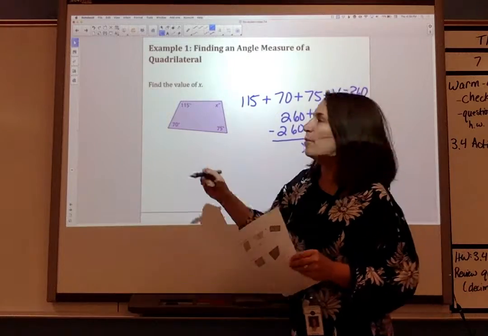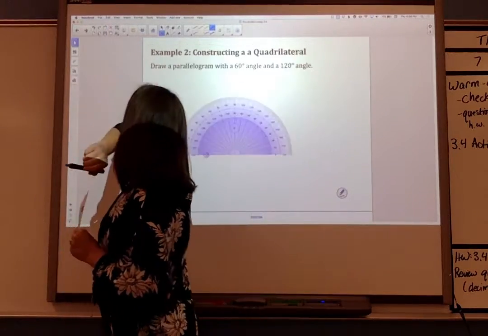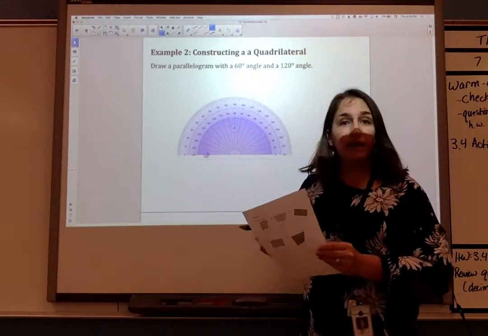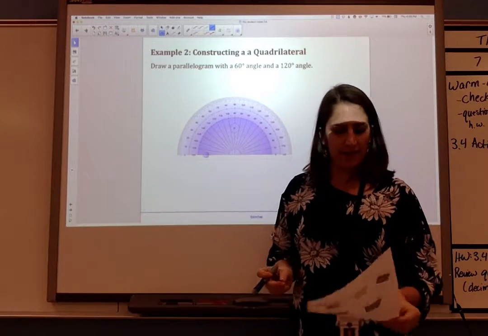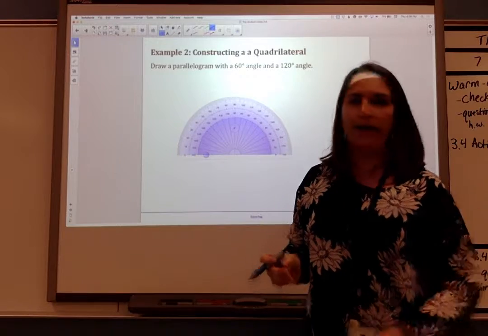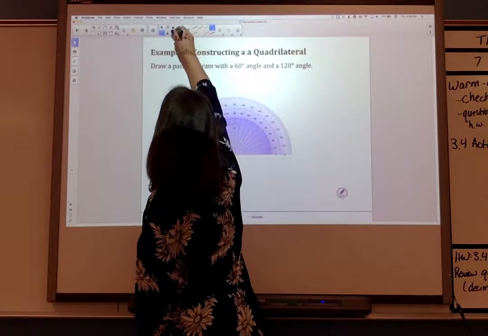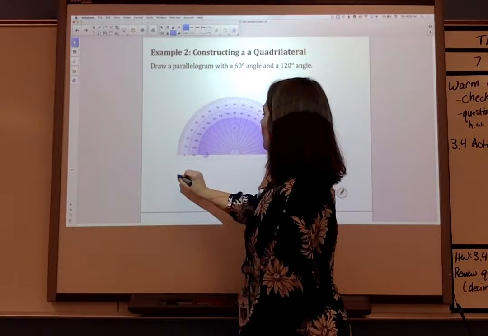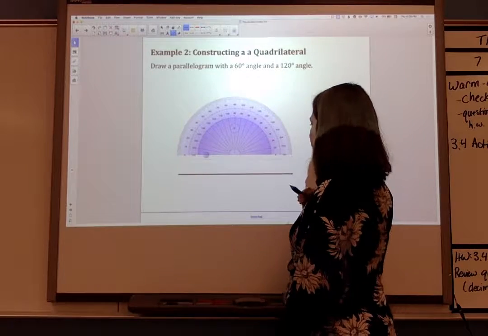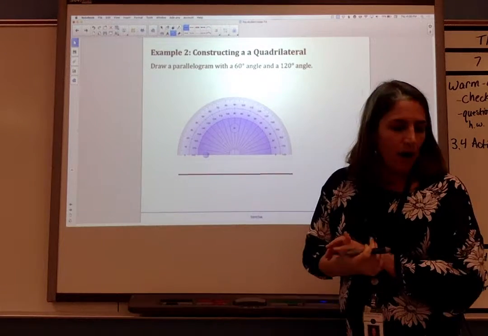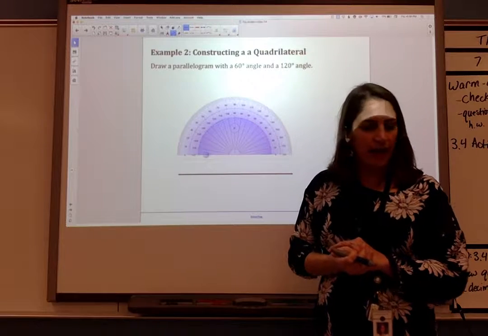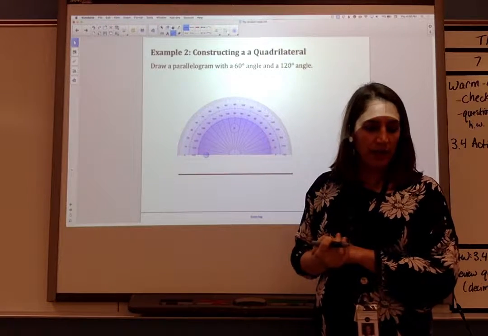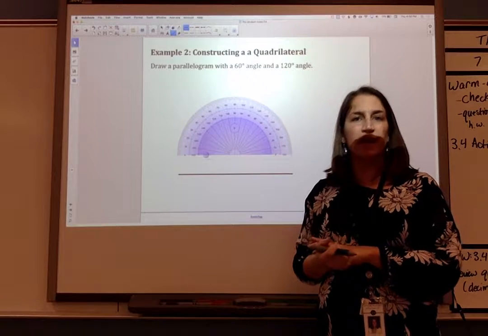Okay, our second example is going to be constructing a quadrilateral. So take notes on the steps. We'll try this in class. So step one is to draw a line. So you'll use a straight edge and draw a straight line. Okay. Our next step is to draw a 60-degree angle and a 120-degree angle that each have one side on